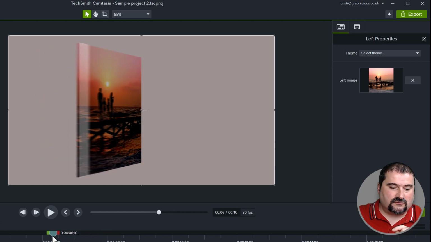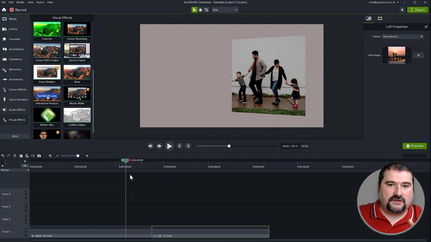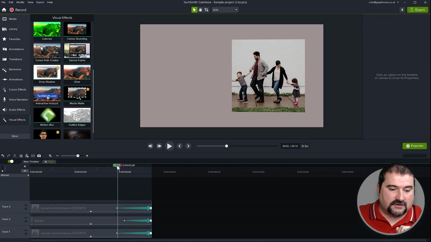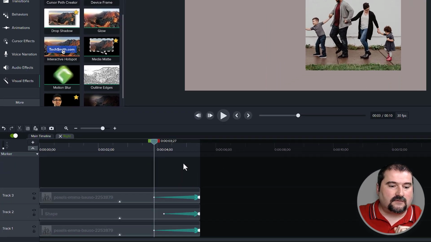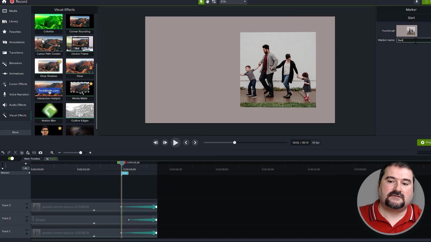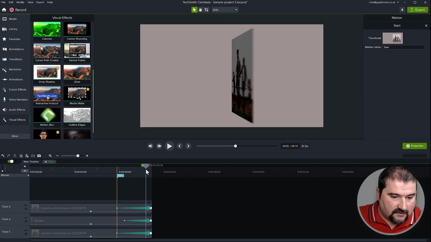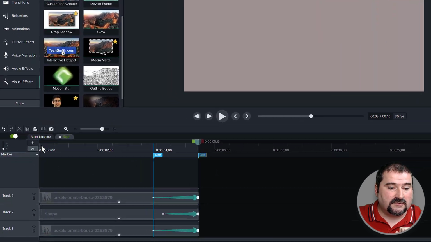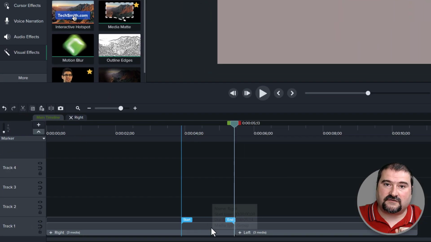So just to show you one trick, before we go further, you may want to go inside of this one and you want to put a marker where the animation starts. Why I'm saying this, look, I'm clicking here and I'm adding a marker. Let's call it start. And I can add another one here, just there, end. And any markers you add inside of a group are available outside of the group so you can see what's going on. So if I go outside, you can see these two markers that I added.